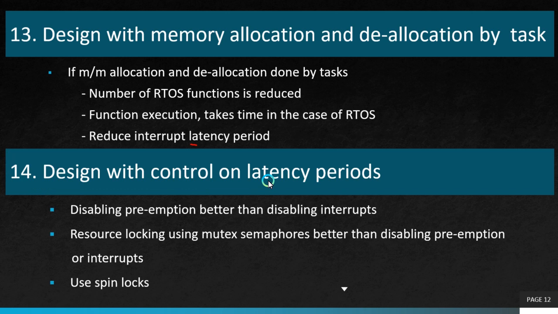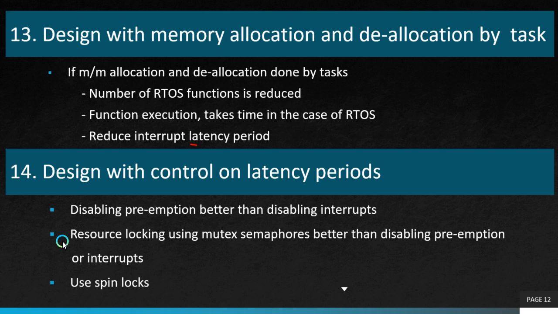The 14th design principle is design with control on latency periods. Earlier, we have learned that RTOS supports the nesting of ISRs, but disabling of running of other tasks for a longer period increases the worst case interrupt latency periods for all the interrupts. So, if it is possible, while executing the critical section codes, instead of disabling the interrupts, the task switching flag changes should be prevented. This is because disabling preemption may be better than disabling interrupts. But both the cases increase worst case interrupt latencies.